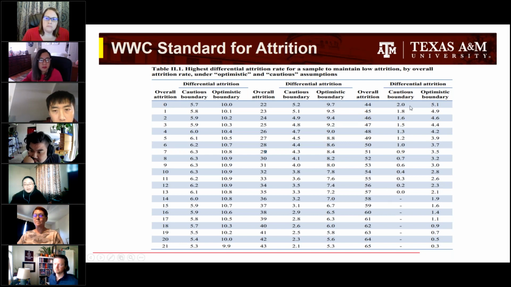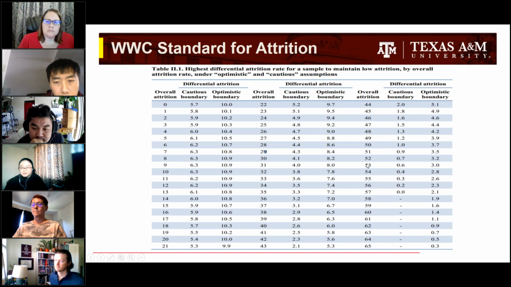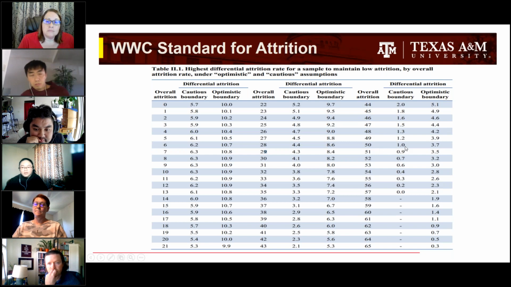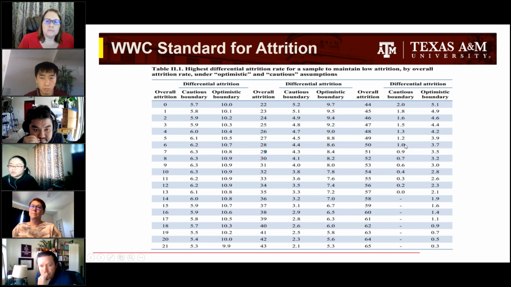And you can see here, when you have higher overall attrition, you need to have lower differential attrition between treatment and control. See here, if you have 50% of students withdraw at the end of the intervention, then the differential attrition between treatment and control should be less than 10% with a cautious boundary and 3.7% with an optimistic boundary. So this is the table,